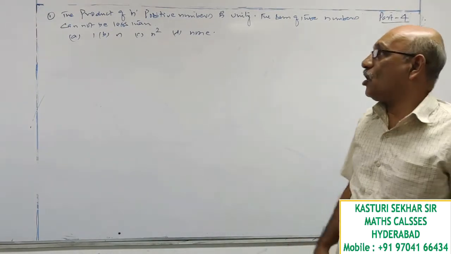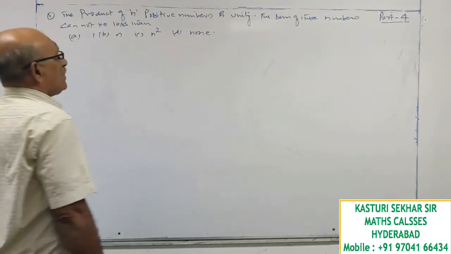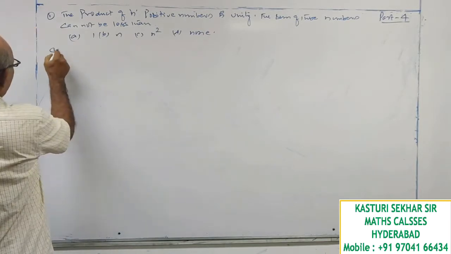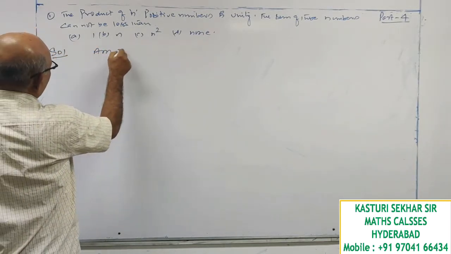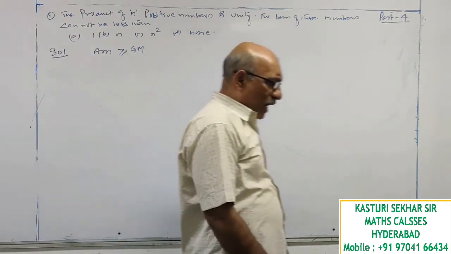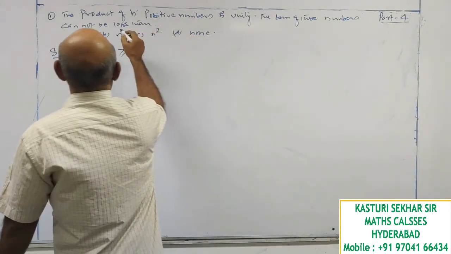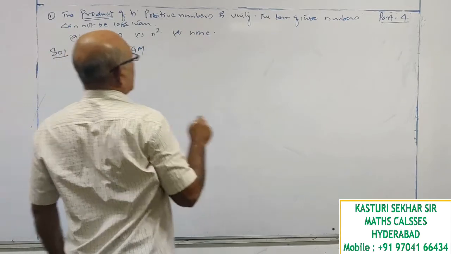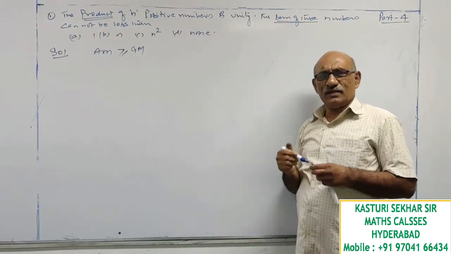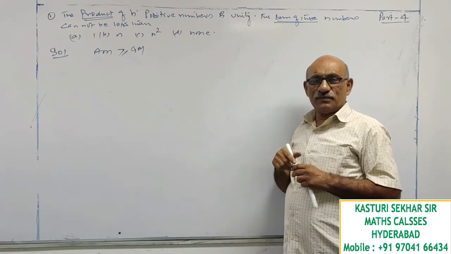Okay, now how to solve this type of problem? Look at this, sir. Product of n positive numbers is unity, given. Where will I use the product? We have a concept, that is arithmetic mean is greater than or equal to geometric mean. Here two values are most important for us. Product is given and sum is given. So this problem cannot be solved by any other method except using this logic.